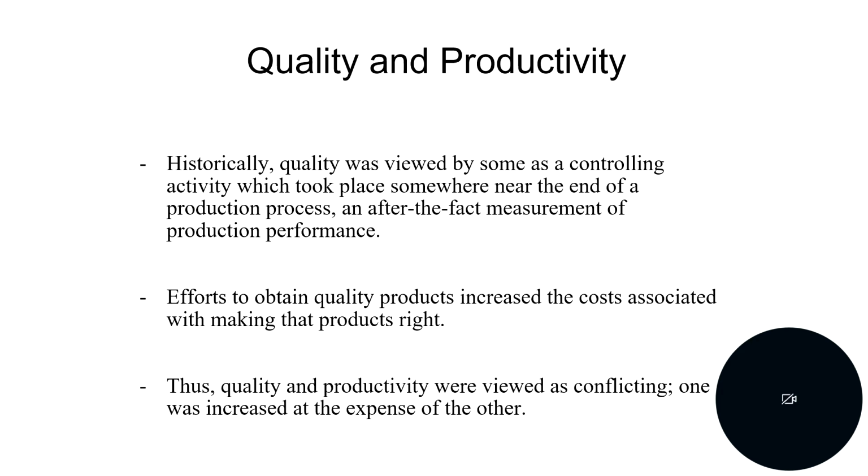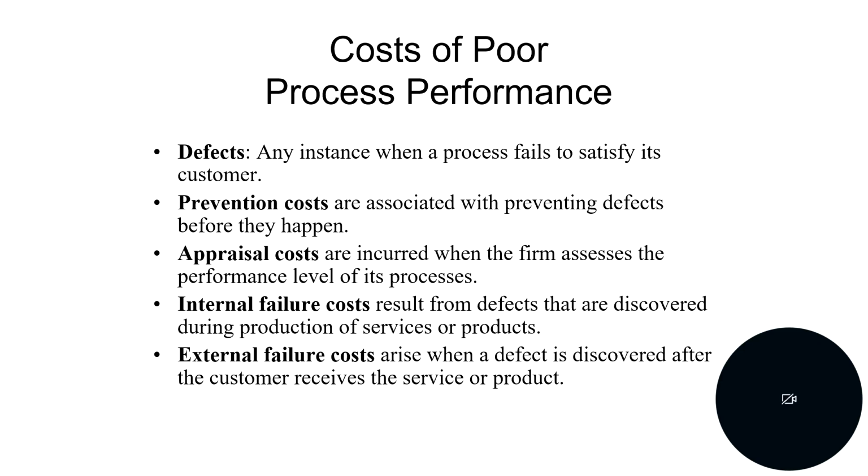As we move forward to quality and productivity, historically, quality was seen as a conflicting cost center. Often it was just a late stage inspection process. Because fixing defects was costly, it was believed that you had to sacrifice productivity, which would be speed, to gain quality, which was actually a false trade-off. So that one's a little more self-explanatory, so I won't do an explanation for that one. We can just go ahead and move on to cost of poor process